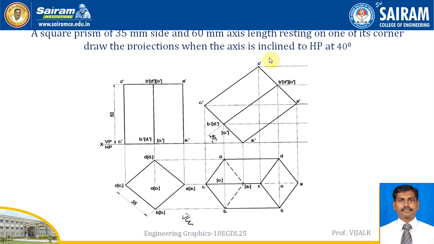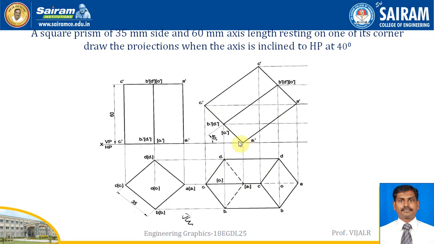And in the top view you can see, when we are drawing the top view, this is the top face I can see from here. But the bottom face is tilted at the back. So from here when I see, I cannot see the back face, I can see the front face. The bottom face I cannot see. So here I made it as visible edges, dark visible edges, and here it's hidden edges.